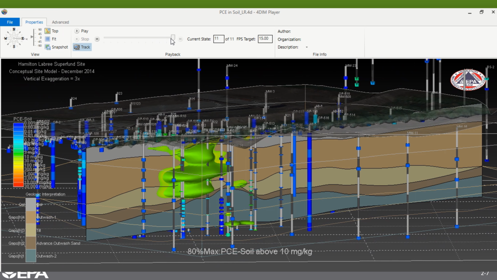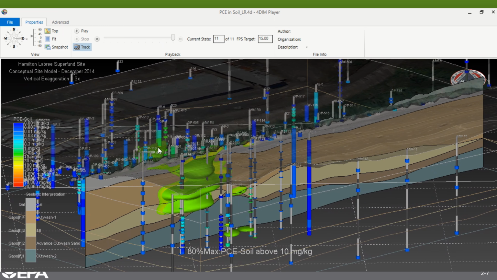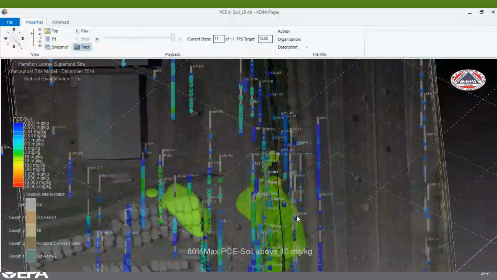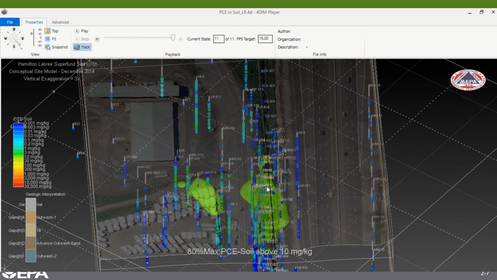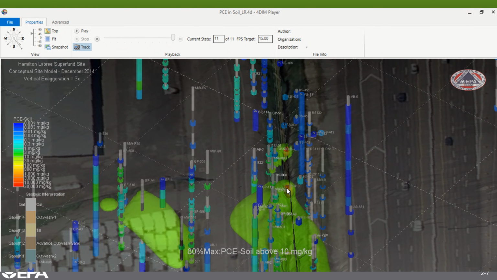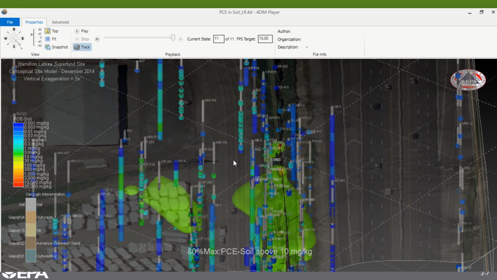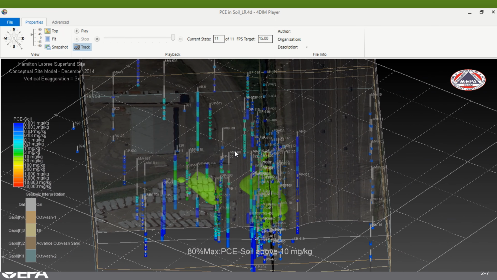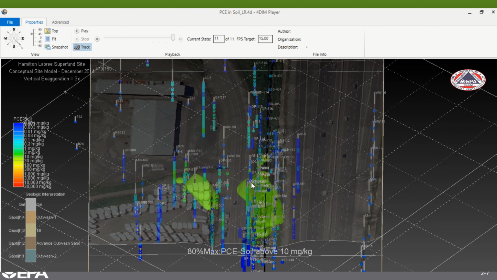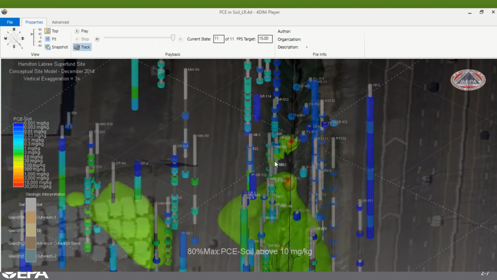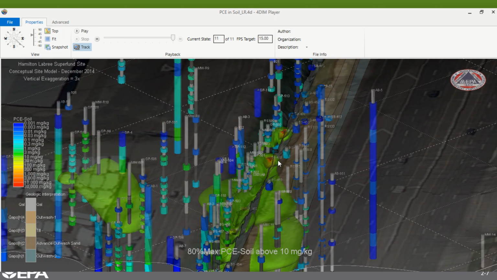And one thing I should mention that I didn't mention with the MIP data set was that I think it was day 2 or 3 of the high resolution site characterization effort. You see a couple zones right here targeted in red. Those were actually identified on day 2 or 3 of the MIP effort and we came back in with the sonic drilling technology and actually found DNAPL at those locations. Now this is a site where they had been doing RI type activities, sampling and investigation for more than 15 years, and no one had ever identified DNAPL. We were able to find it, locate it within 2 or 3 days of the MIP effort,